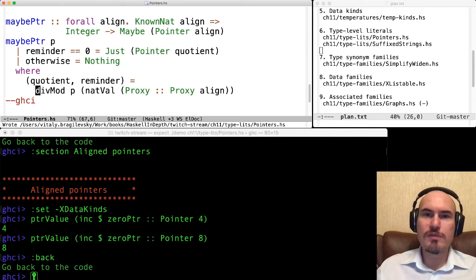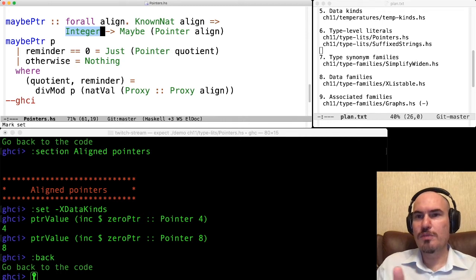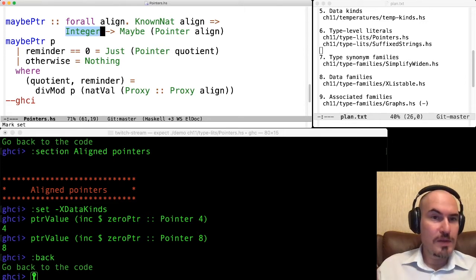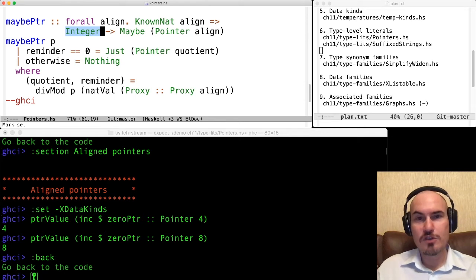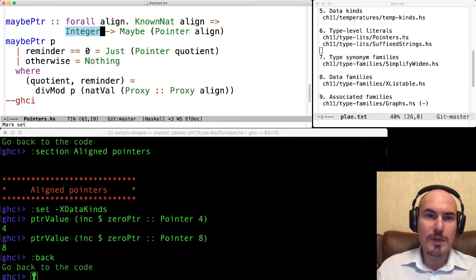But we don't know this value. You see this argument? It's a usual term argument. So we don't know it before we actually run this program. So we don't know in advance whether we'll be able to get just some pointer or get nothing. So that's why we have this Maybe as a result.